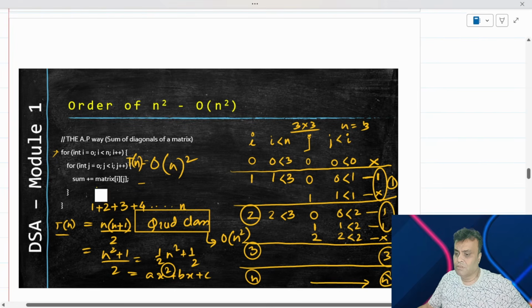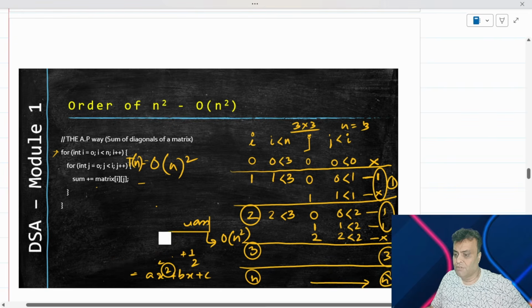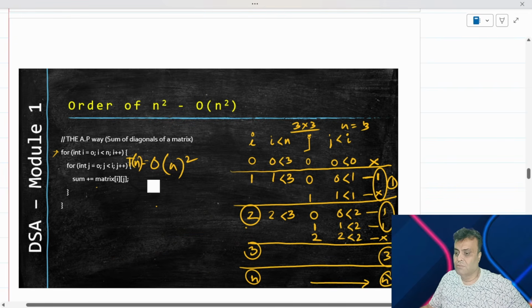In fact, let me do it quickly, but going forward, we will try to skip the space complexity. It's going to be a simple calculation just from the interest of time. You can always put in a comment and ask me if you are not sure about the space complexity. So what is going to be the space complexity here?